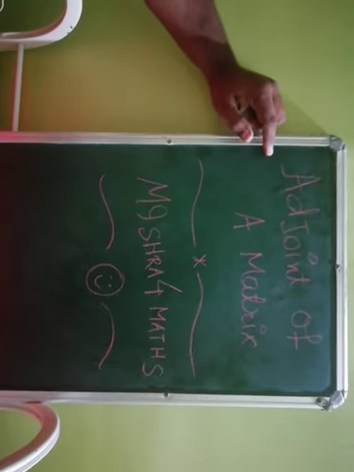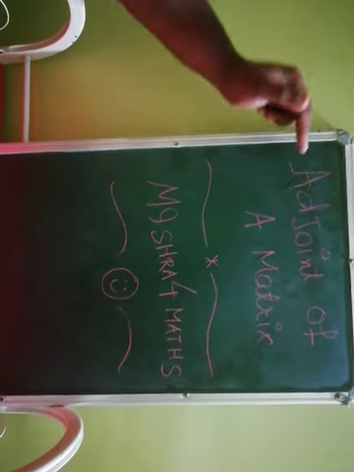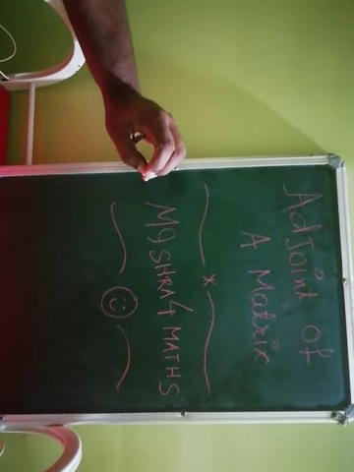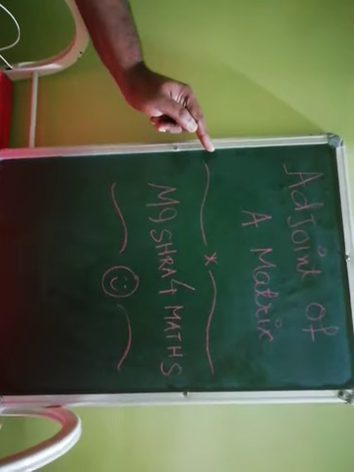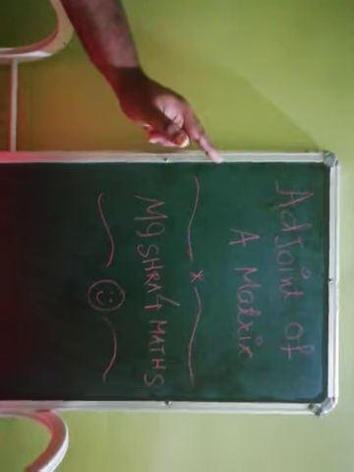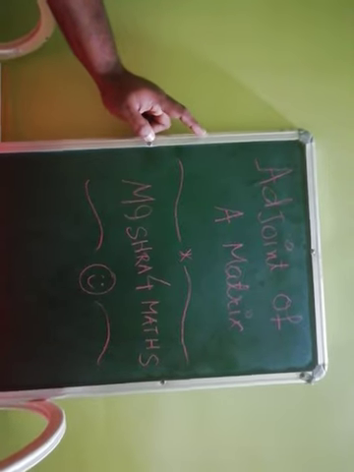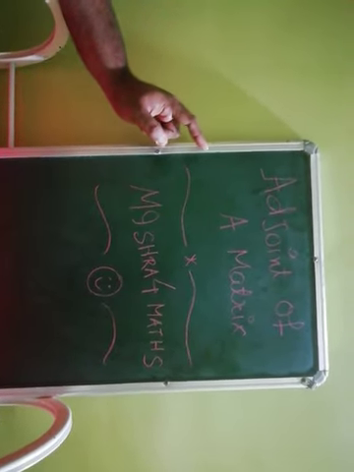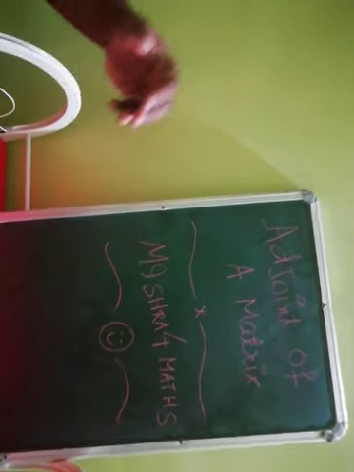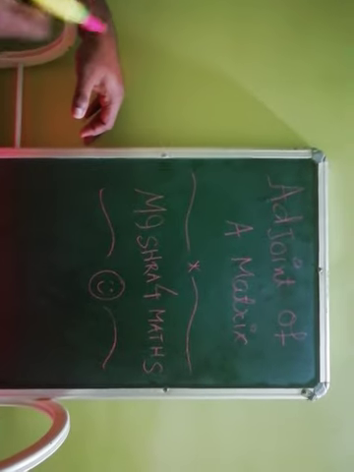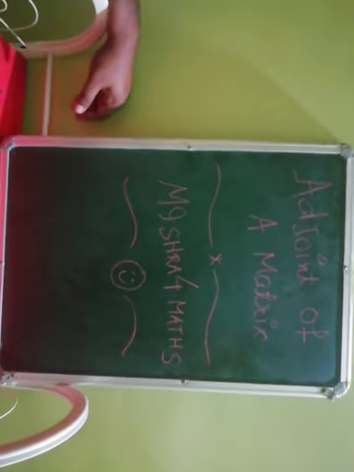Now this adjoint of a matrix is very important because in our next session we are going to discuss the day-to-day life problems based on matrices, that is the word problems, and there you will need to find the adjoint, because adjoint is required to find the inverse of the matrix. And for the CBSE board exam purpose also adjoint is very important, because every year you will find one question of 6 marks where you have to find the inverse, and the problems may be like word problems. So let us begin adjoint of a matrix.